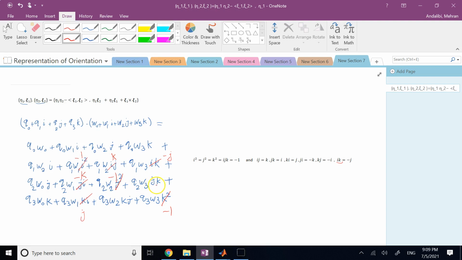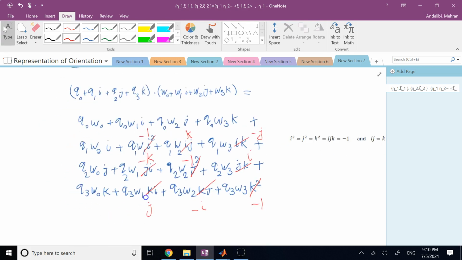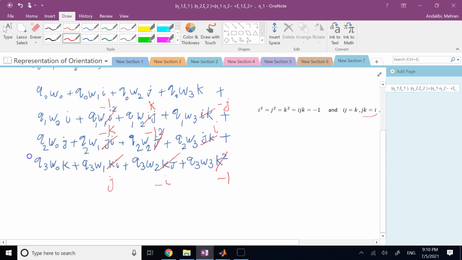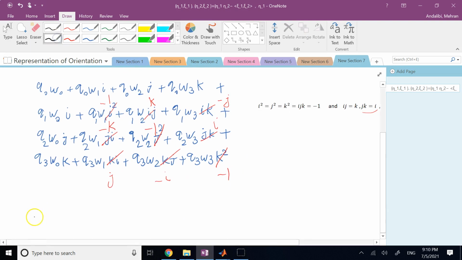And finally, I have J times K, which is what? That's I, as you can see. And then K times J, which is negative I. And that's it. Everything else is simplified. So now, if I go back and try to rearrange this, what do I get? So it is going to be, there is a portion of the terms that do not have any